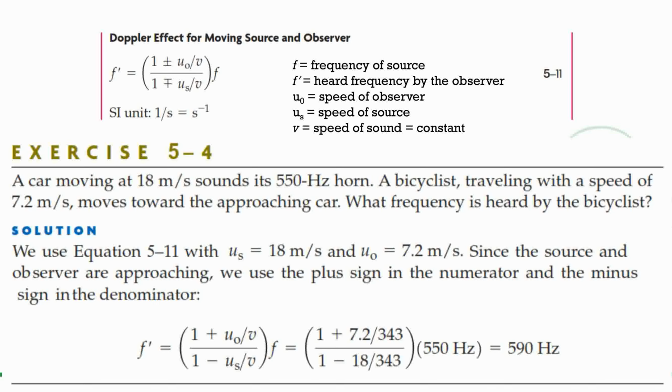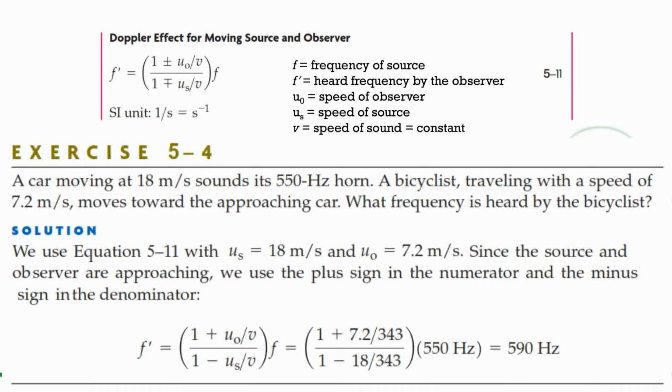Look at the variable lowercase f on the far right. That is your source frequency. So, in the exercise below, that would be the car horn blasting at 550 Hz? Exactly. That is the true sound. Now, look at f prime on the left side. That is the heard frequency. That represents what the observer actually hears after the shift. Okay, so the fraction in the middle is just the conversion factor? Precisely. And the terms inside tell us how to convert it.